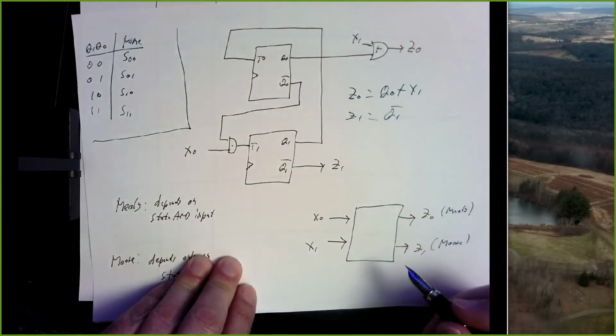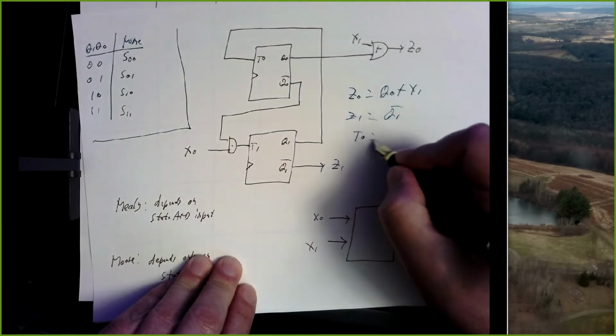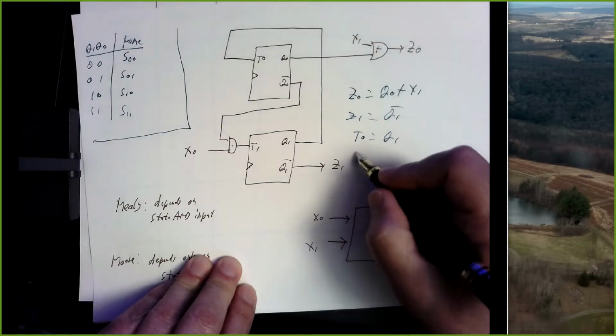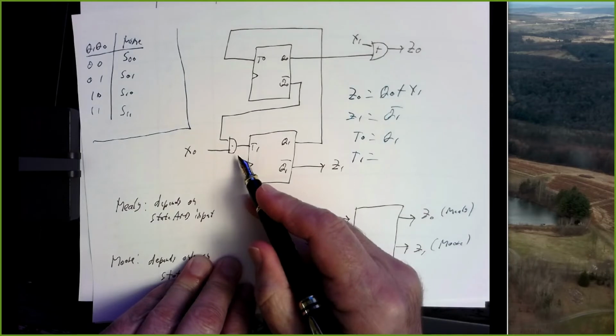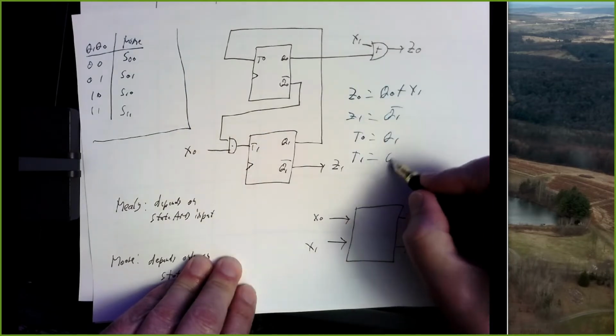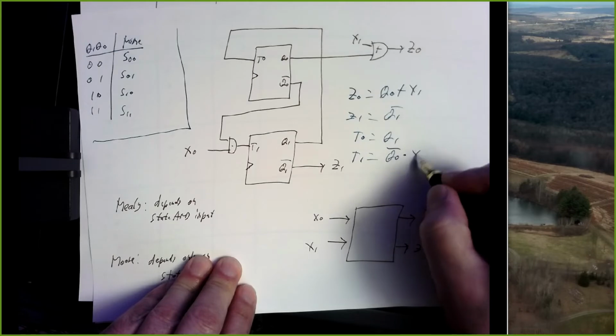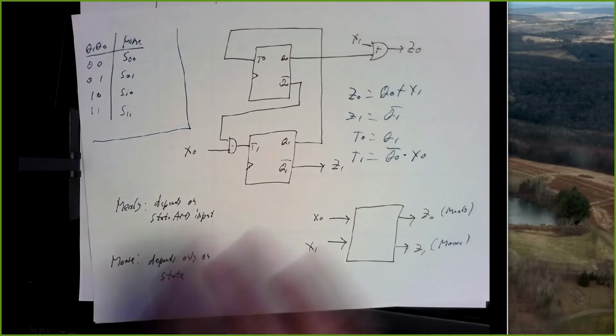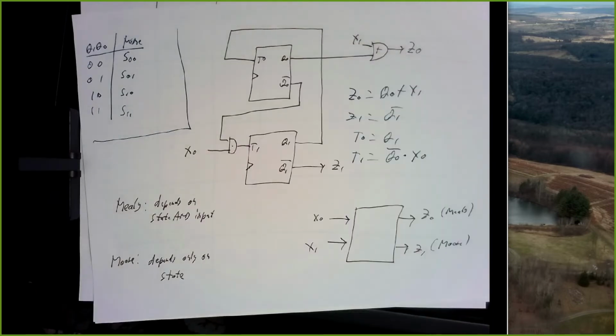And then let's write our flip-flop inputs. Well, T0 is not bad. T0 is coming from Q1. And T1 is coming from an AND gate. What are the 2 things being ANDed? Q0 bar and X0. At this point, we're analyzing the circuit. We're just looking at it and trying to write down equations to see what drives the inputs of the flip-flops and what drives the outputs.